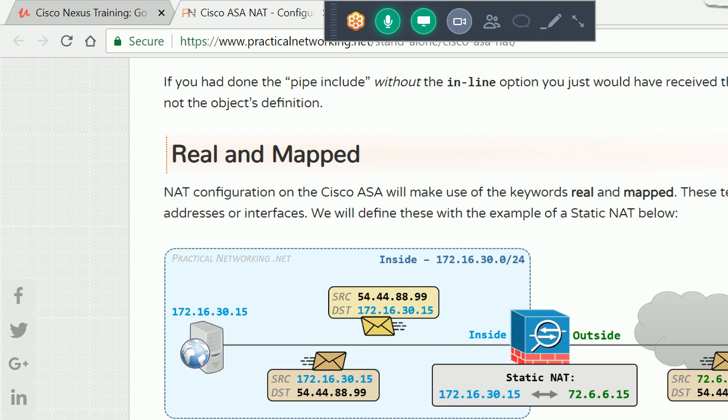So when this ASA firewall receives this packet, this IP address 72.6.6.15 is translated into 172.16.30.15, which is the private IP address of this server. So this diagram illustrates how the translation happens between the real IP and the mapped IP address.